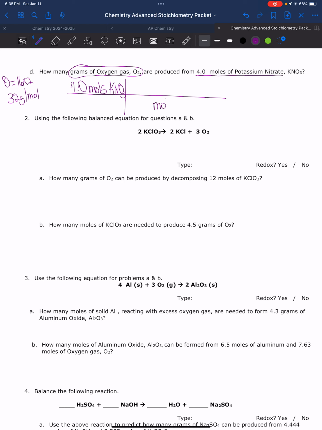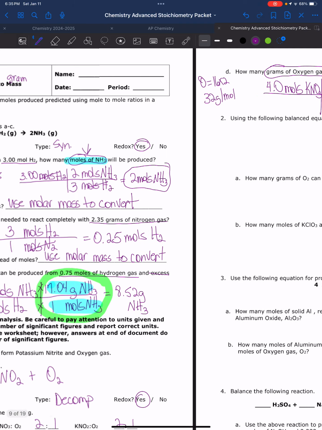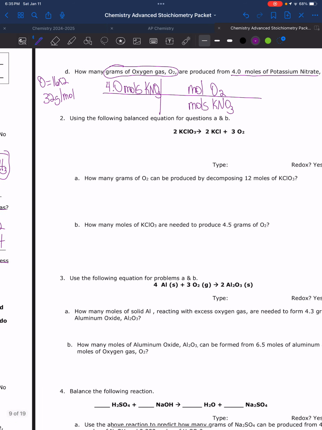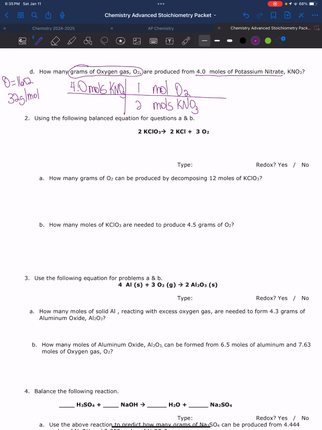So moles of KNO3 comes diagonally down. Okay. This is my mole ratio. So moles of what I'm looking for, oxygen gas, are in the top. So I come and I look at this reaction. The coefficient for oxygen is a 1. The coefficient for KNO3 is a 2. So 1 and 2. So if I stopped now, I would have converted my moles of KNO3 to moles of